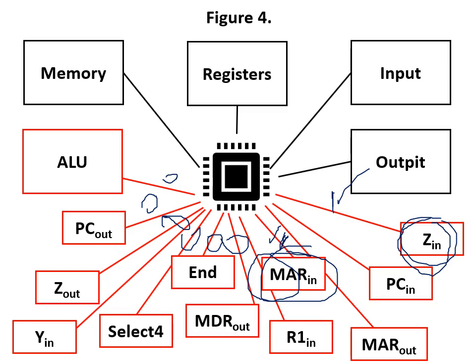So here, the control signal in this example for ALU is 0, PC out is 0, Z out is 0, and only for MAR in and Z in it is 1 and 1, all others 0, because during the first clock cycle only those two circuits must work. So this entire pattern of all 0s and two 1s is what we call the control signal.